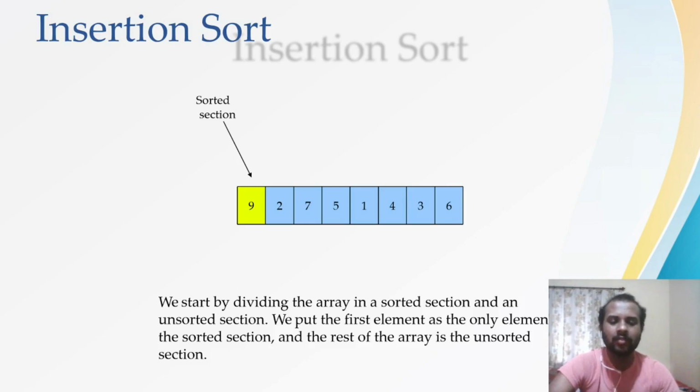Next, 2 will be arriving, right? But when 2 arrives, I have to compare that with the sorted array. Which is the sorted array? 9 is sorted, and which is unsorted? 2, 7, 5, 1, 4, 3 and 6, right? As soon as the element from the unsorted array arrives, I am going to compare it with the sorted